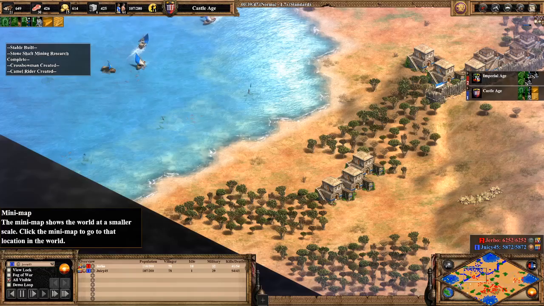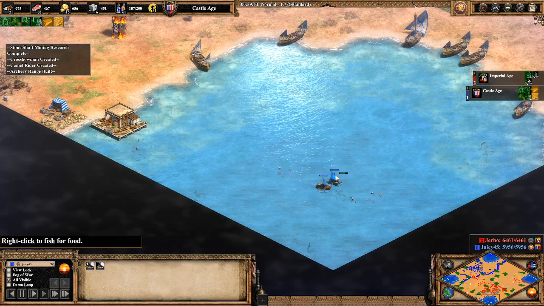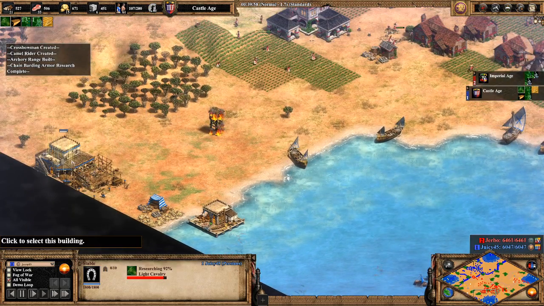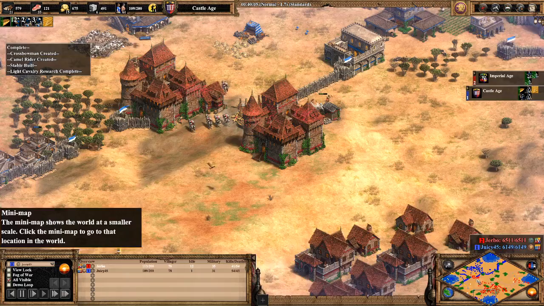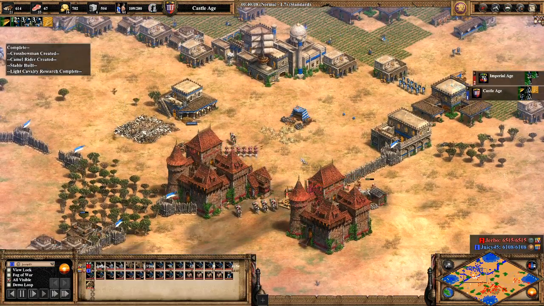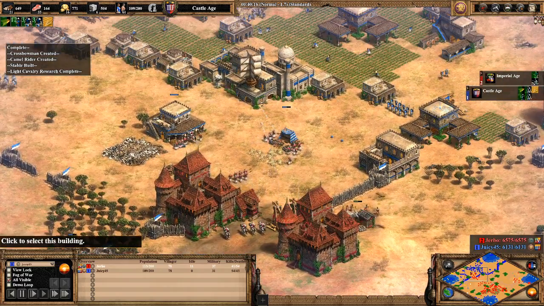Camels being produced, but into the back. Fishing ships are still going everywhere. Fishing ships being added in this pond. Stables are up. Light cav is coming in. You know, some light cavalries on the side. Map position here is definitely in favor of